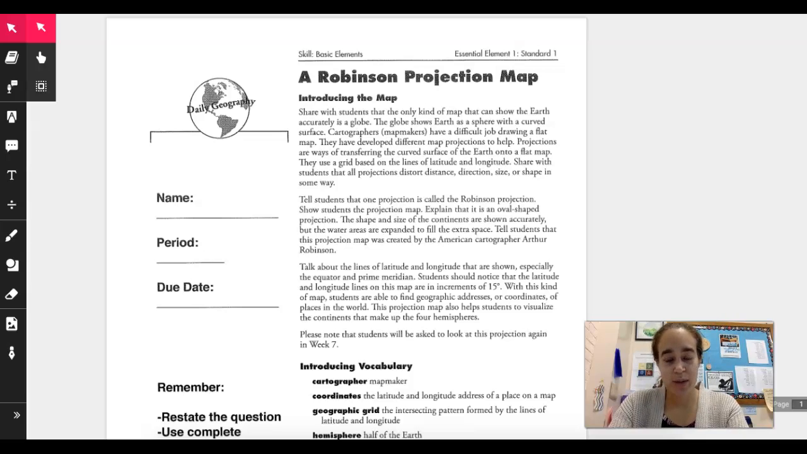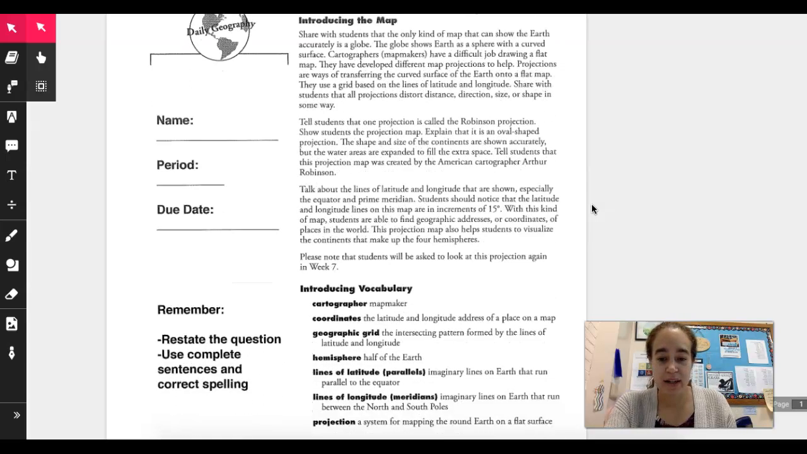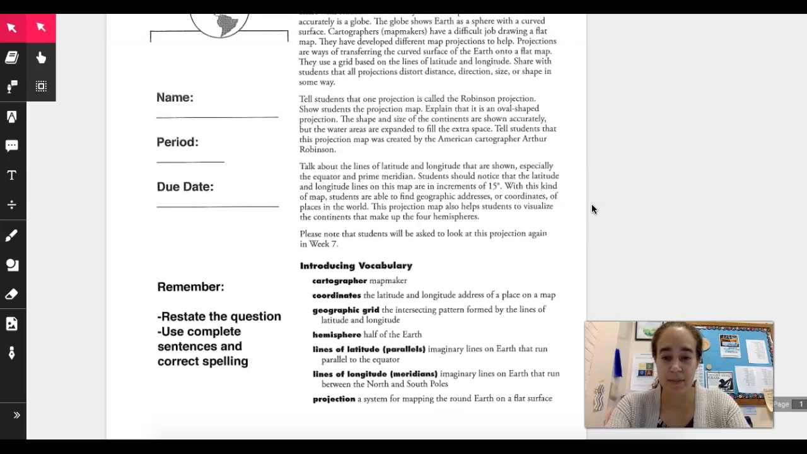DOG6 is a Robinson projection map. These first few paragraphs you can read on your own. They tell you a little bit more about the map and the map questions that you'll see this week, along with these vocabulary words. A few of the vocabulary words we've used before, but it's good to have them here as a